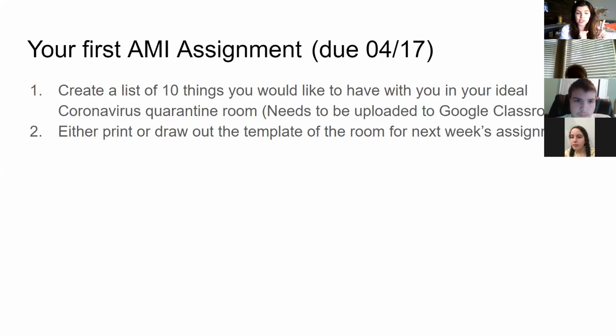And so that's the first thing. The second thing you have to do this week is either print or draw out a template of the room for next week's assignment. I know that not everybody has a printer at home. If you do,